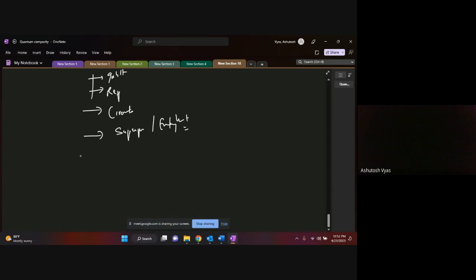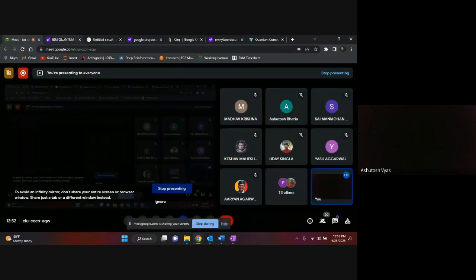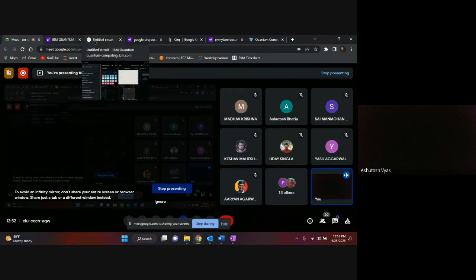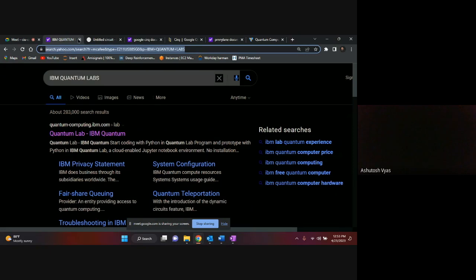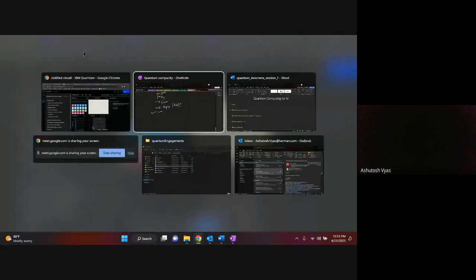Now, let's jump to what we can do with all this information, what all we actually can do. I'm sharing a quick link with all of you, and I want you to open that link on your systems and see if you can access it. I don't think any sign-in is required, but if it is, then you will have to sign in and see how it goes.